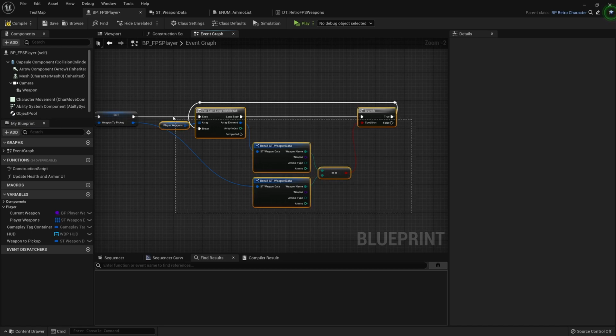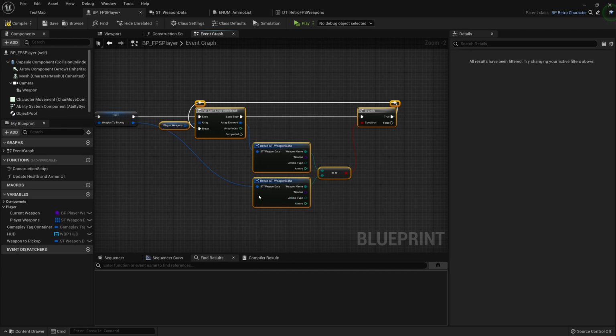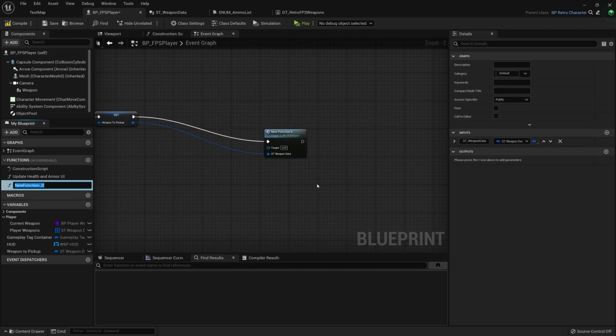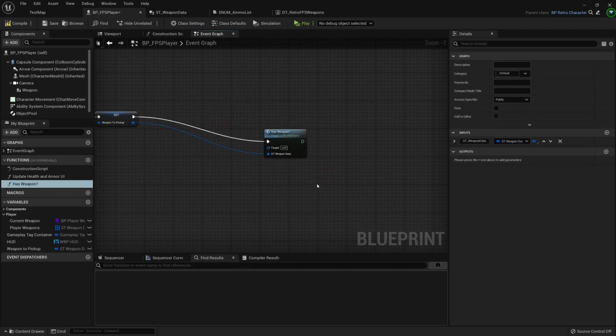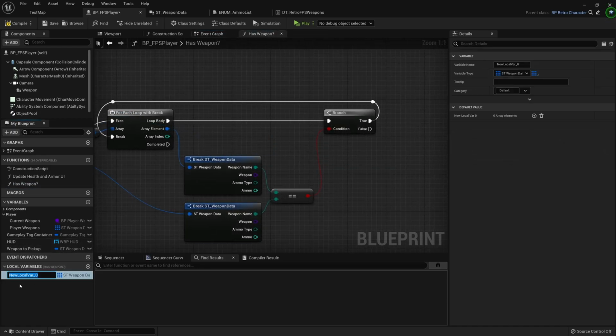And so I think what I'm going to do is select just these things that we just made, and I'm going to collapse them to a function, and I'll call this hasWeapon. So if I go into hasWeapon, we can create a local variable that we'll call hasWeapon, and we'll make that a bool. And it's not an array, it's a single.